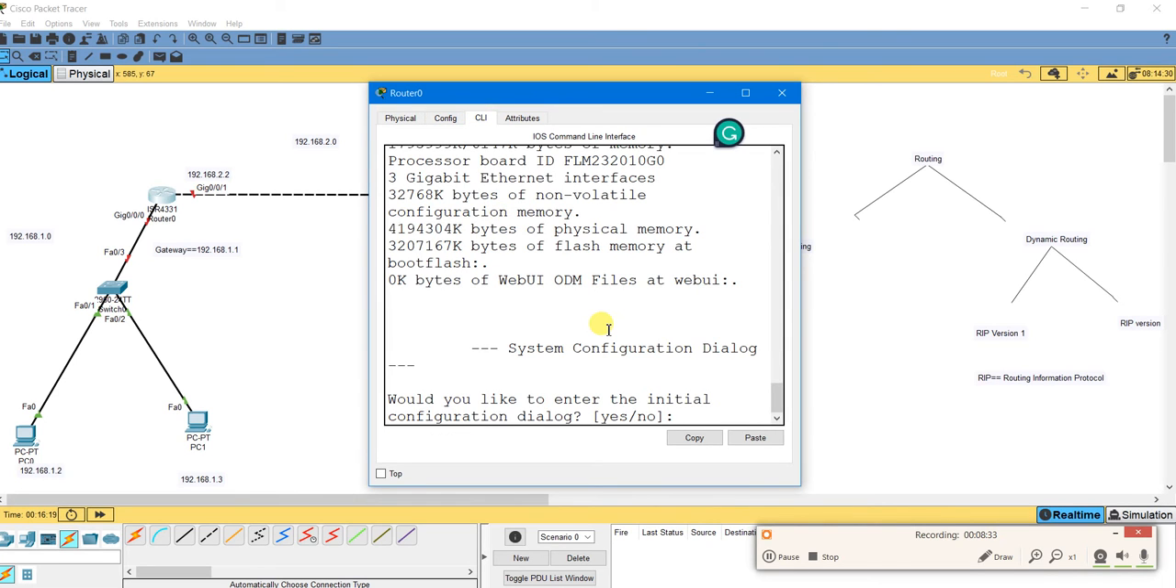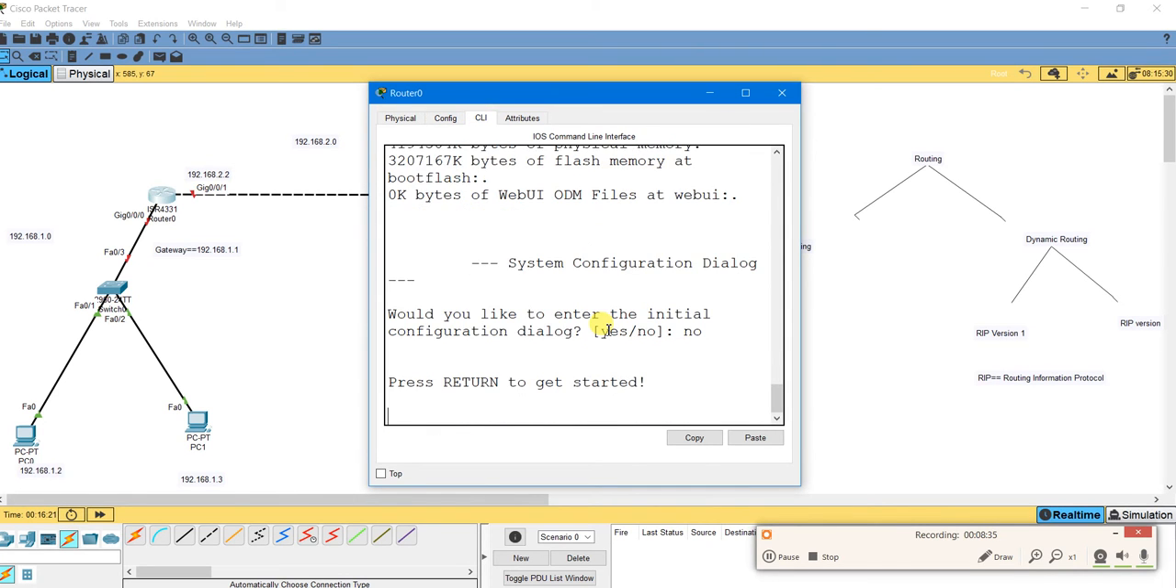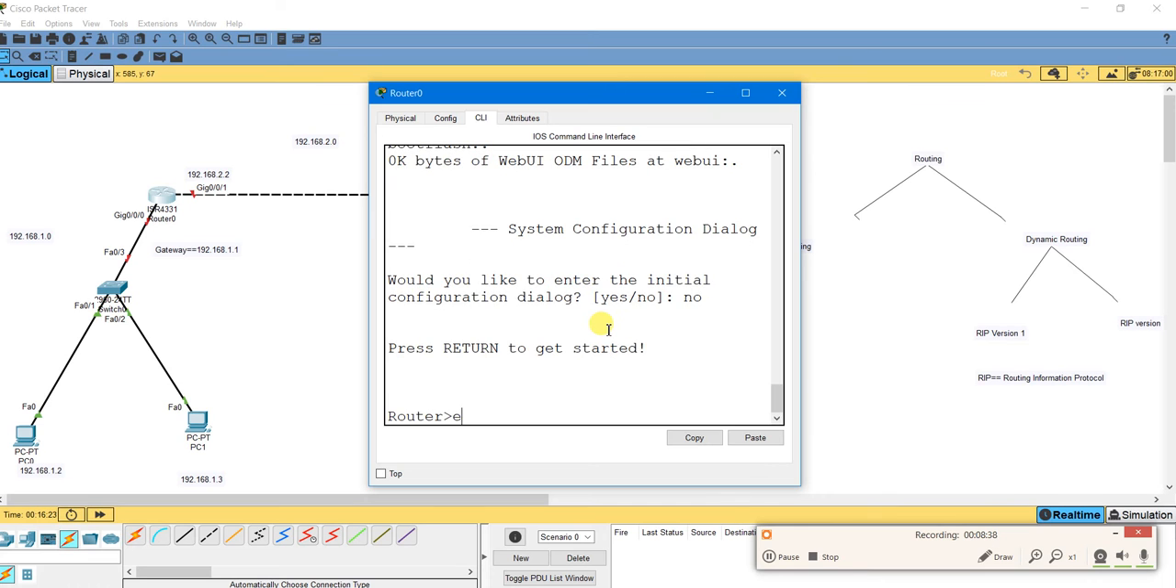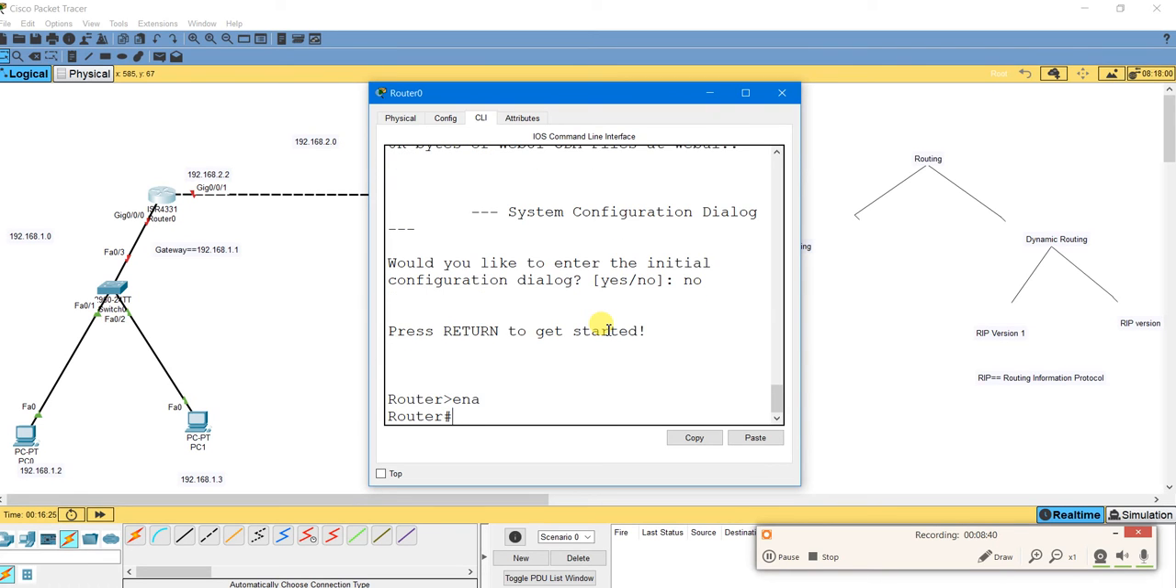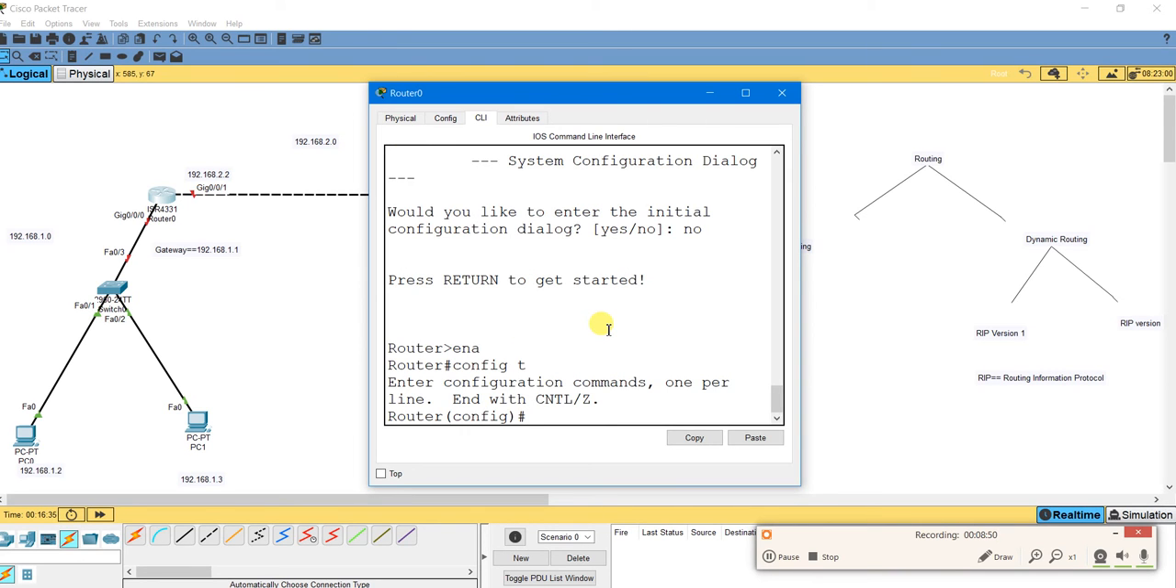Simply, you do not have to do any extra. Type enable router. Okay, now go into the configuration mode: config terminal. Now provide the host name. So I'll provide the host name equal to